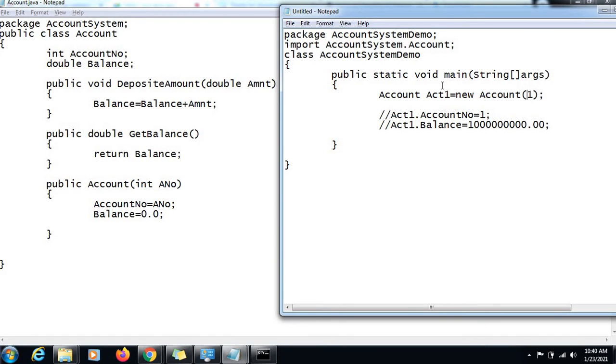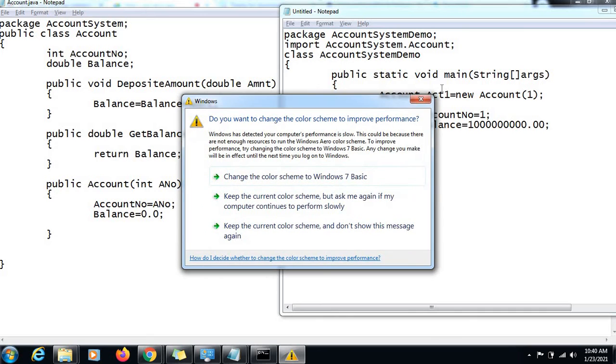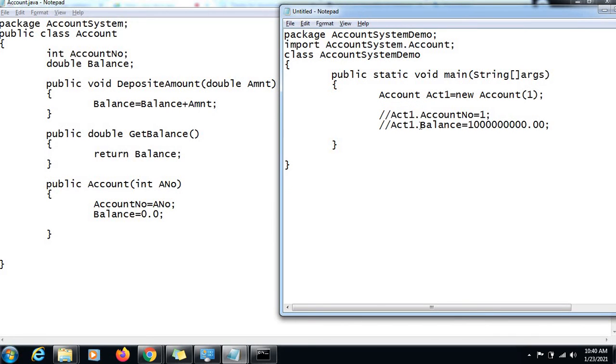So ACT1 is an object of a customer who is willing to open a zero balance account in the bank. Now let's say the bank has now provided the facility to mention the initial amount at the time of creation. So the customer can come, and he can ask for the account number as he wants his account number to be. So that number he will mention, and also he will mention the initial balance which he would like to put in the account at the time of opening. So now the bank has decided to provide this facility. So how can we implement this?